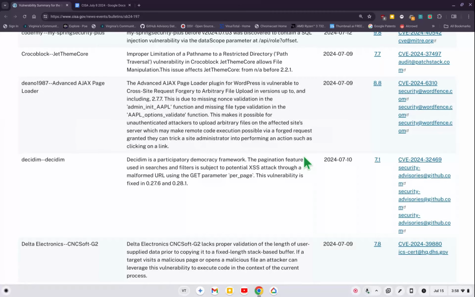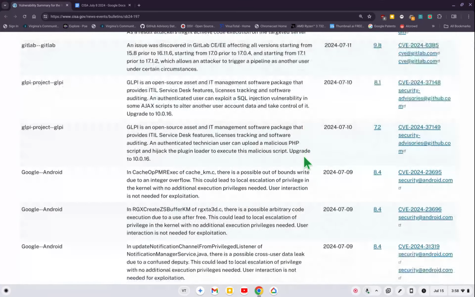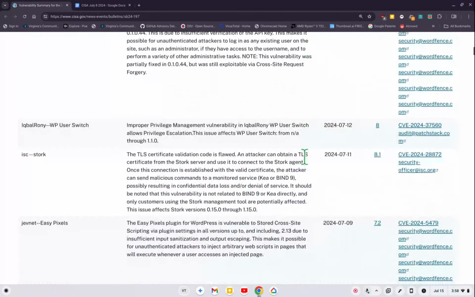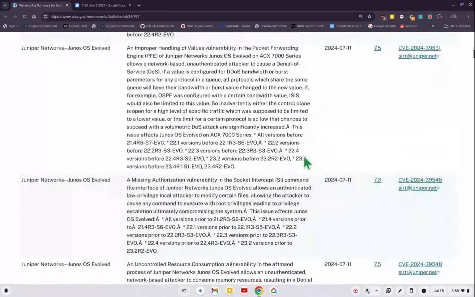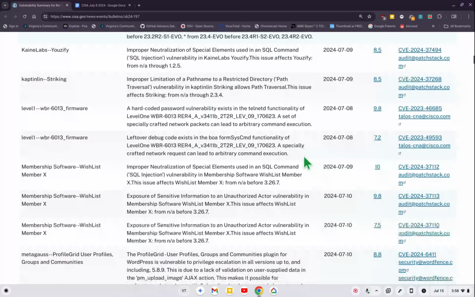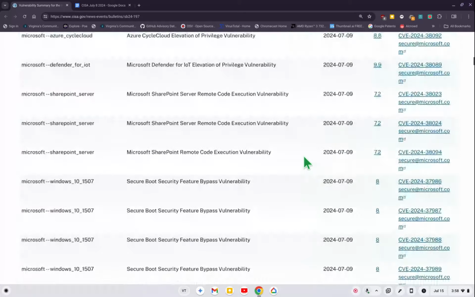You'll see some that you may not recognize, like Delta Electronics, and if you keep going, you'll see Google, which is Android. You keep going, you'll see some that you haven't heard of. ISC Stork, don't know what that is, but it talks about a certificate, and you keep going. So you got 288 of these. You got Juniper, you got membership software, which I don't know what that is. You got a lot of Microsoft,